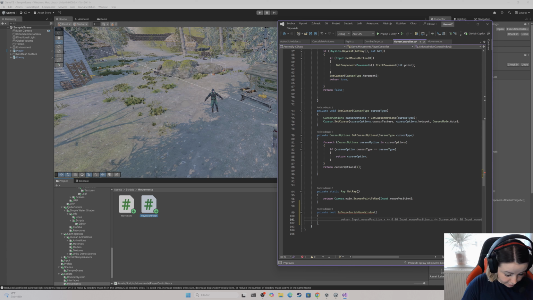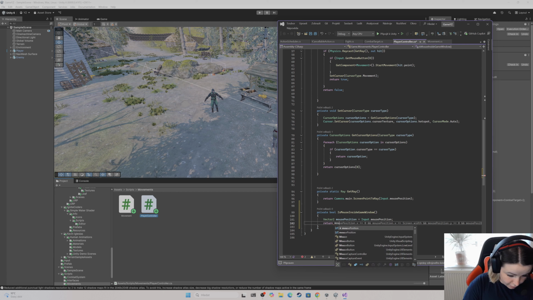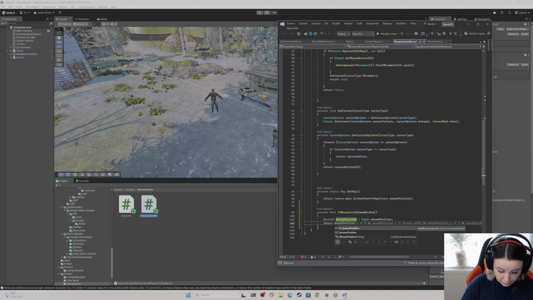And here let's set Vector2 mousePosition equal to Input.mousePosition, and then return mousePosition.x is greater or equal than 0,